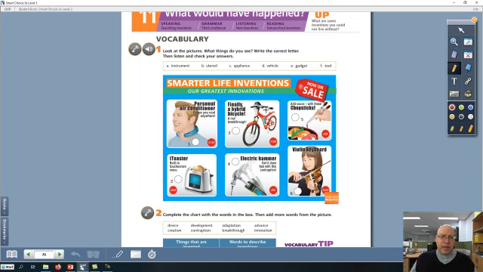Okay, so here we go. It looks like we have some sort of advertisement. We've got a sale going on here, these items down here at the bottom. Here we have a personal air conditioner, which actually looks pretty cool. It keeps you cool anywhere. This is 139 bucks, a little expensive, but what would we call this? Would we call this an instrument, a utensil, appliance, vehicle, gadget, or tool?